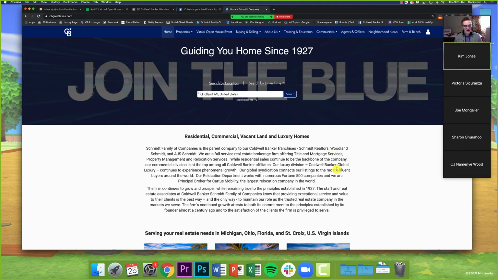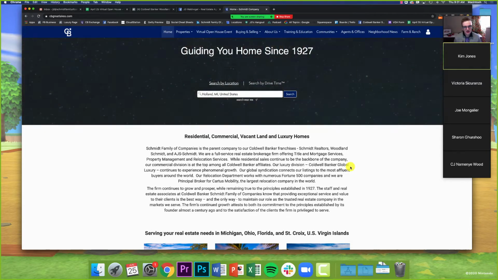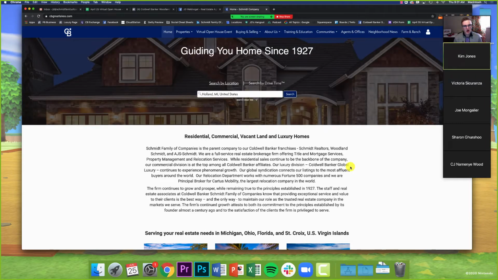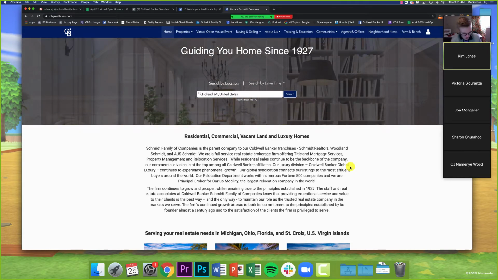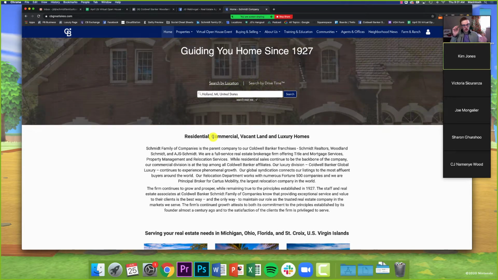So today I want to go over a pretty simple part of Moxi, but I've seen people get caught up on it a little bit. I myself got caught up on it when we first launched the tool. And with Premiere pretty quickly moving over there, and our Virgin Islands group slowly moving over to Moxi as well, I wanted to show you guys just this extra step when it comes to sharing listings from Moxi to your